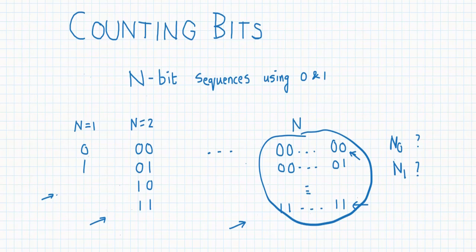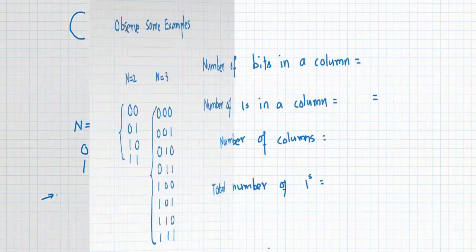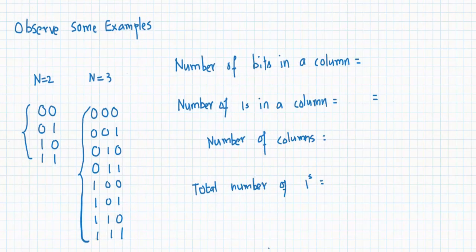So let's take some examples. I have written down the cases for n equal to 2 and n equal to 3. Note that for n equal to 2 there are 4 such sequences possible, and for n equal to 3 there are 8 such sequences possible. So